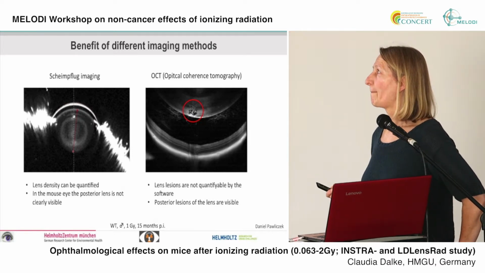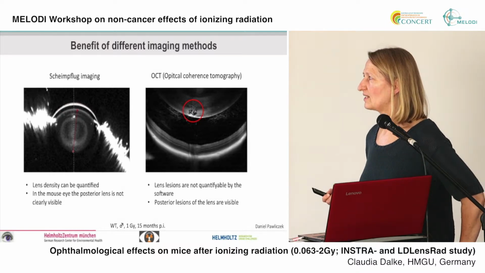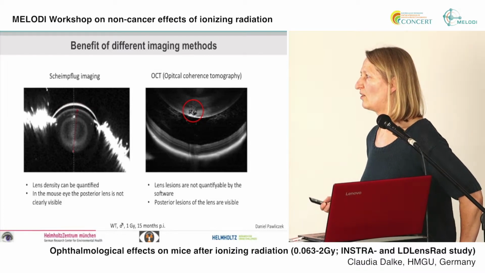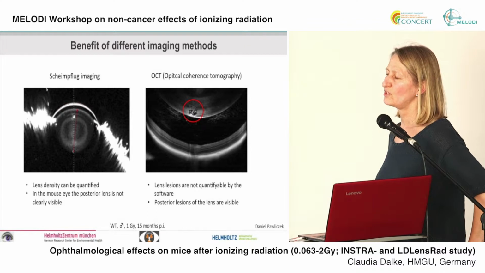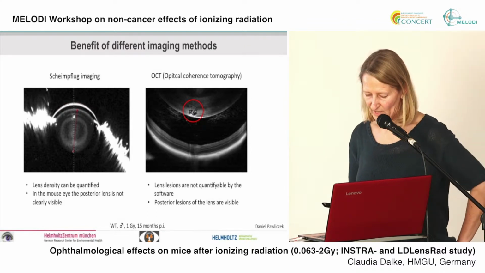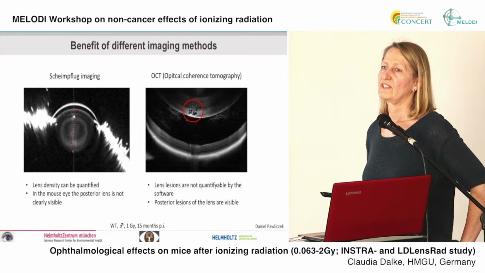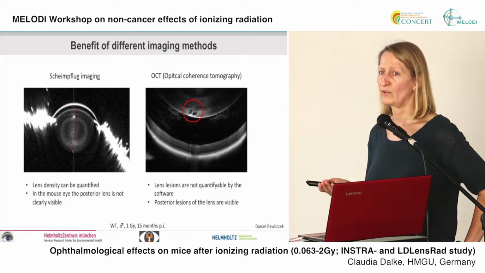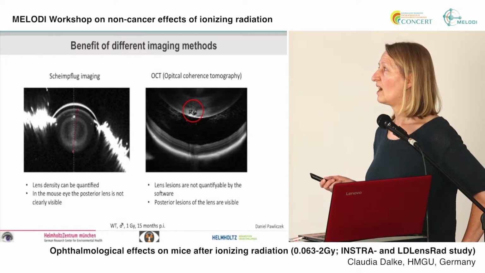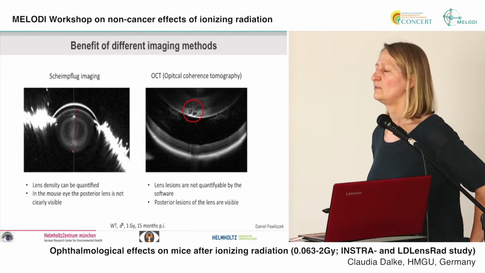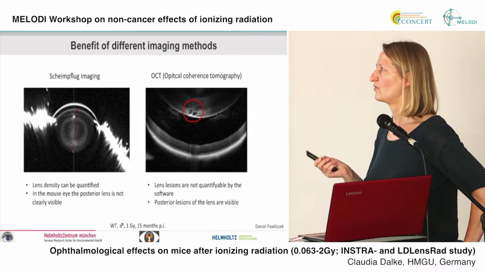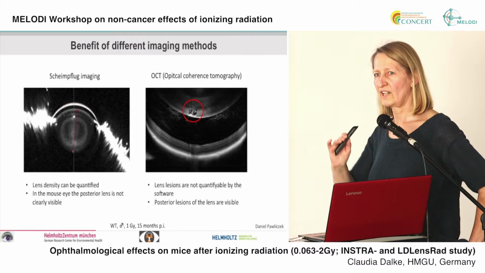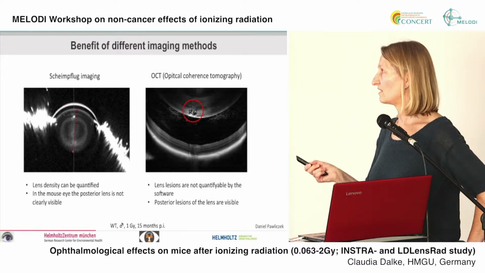And we, as I said, we want to look for the Scheimpflug imaging if we see really the posterior part of the lens. So from histological pictures in some where we found posterior cataracts in the histology, we couldn't see them in the Scheimpflug imaging. And now we have a new OCT machine where you really can nicely go through the whole eye. So where you can image the cornea, the anterior part of the lens, and in this example, the posterior part